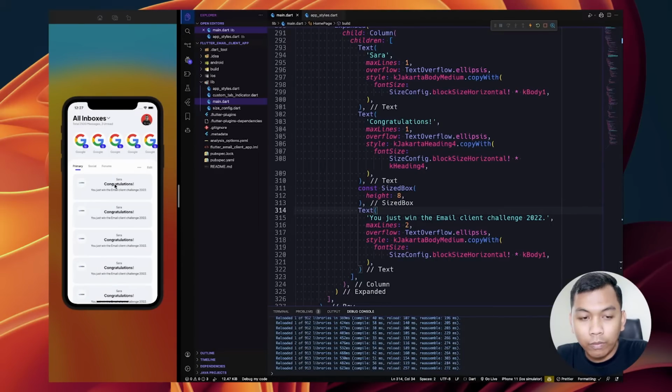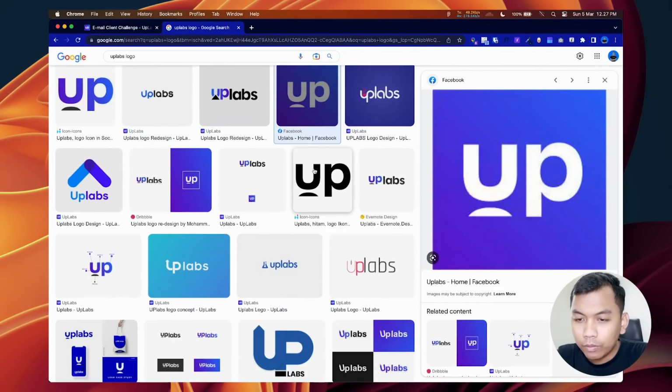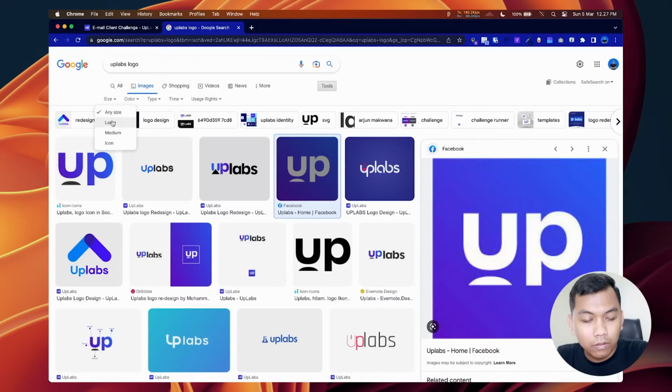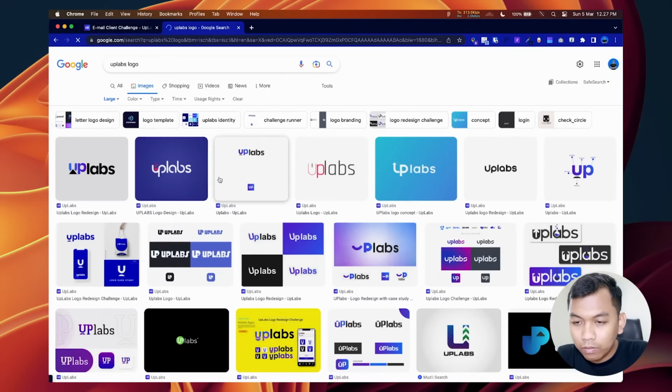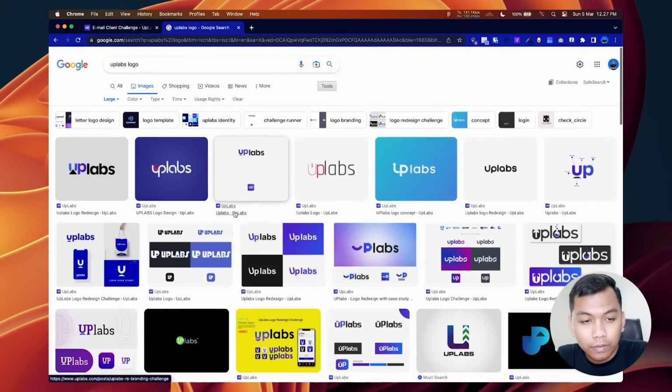Alright, we will see the column widget here, but I think we need to change the logo. Try to find another logo.